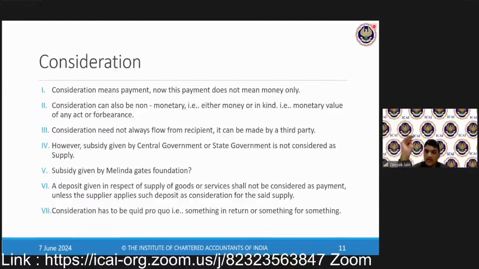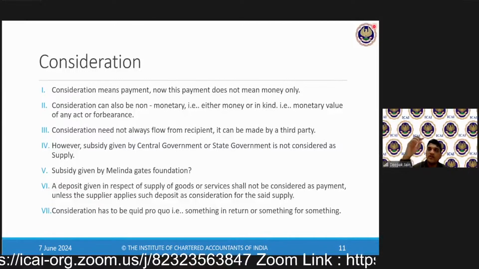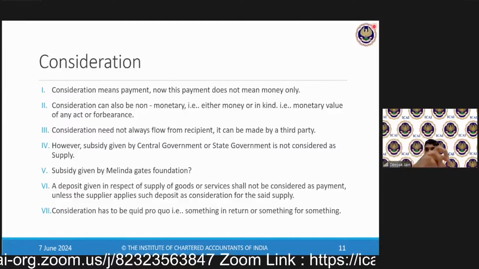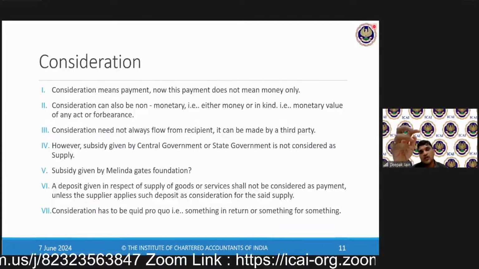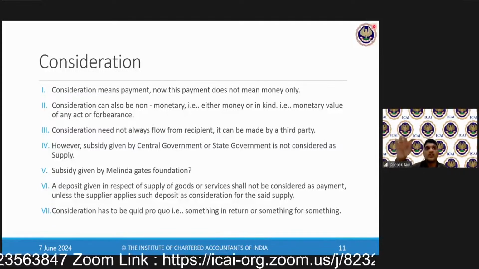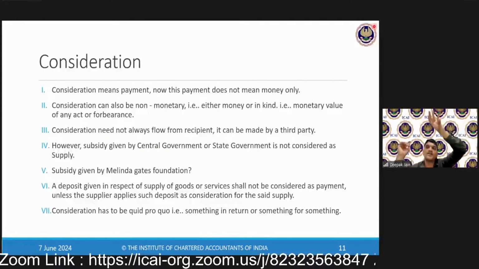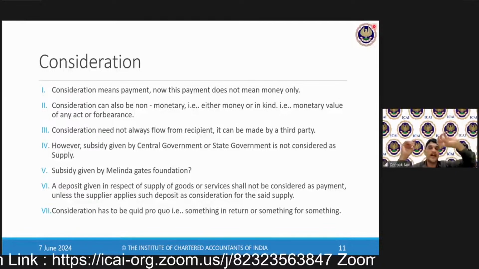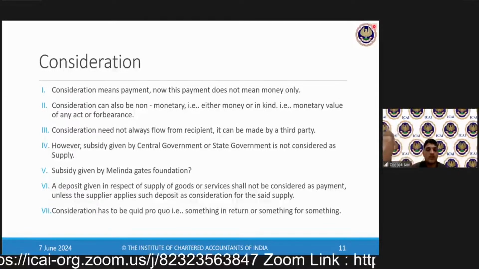One year I did a lot of transactions. Second year when it started, you didn't pay me. So what I've done is I have apportioned this deposit against your supply. So when I do this allocation, or pass an entry in the book saying that this deposit is adjusted for the sale transaction, then it will be affected and it will be liable to GST. Till then, deposit is not liable to GST.